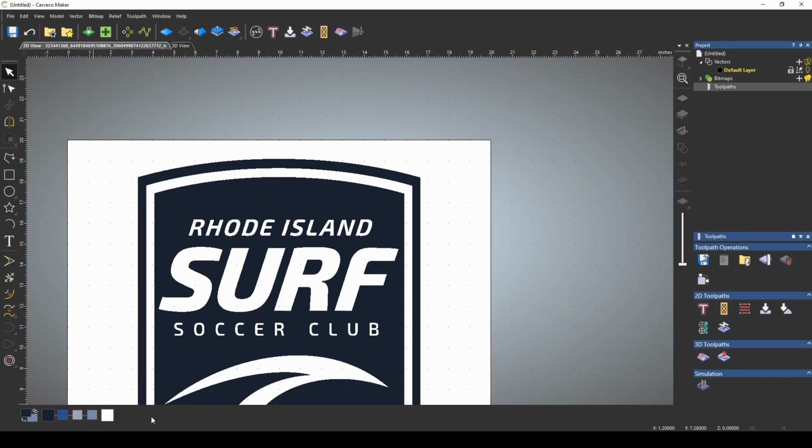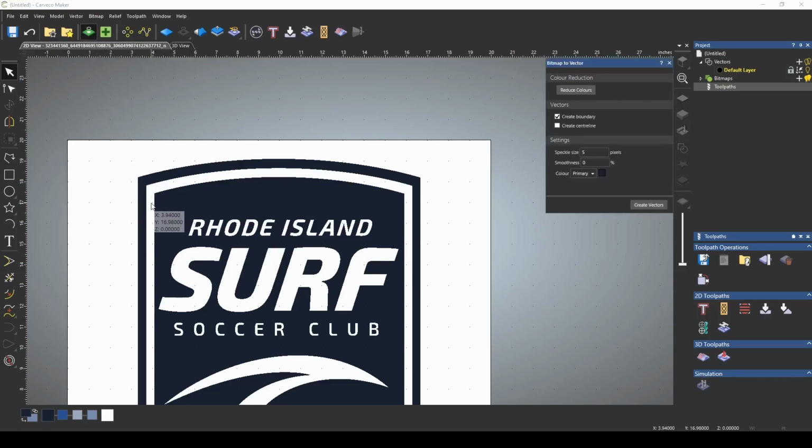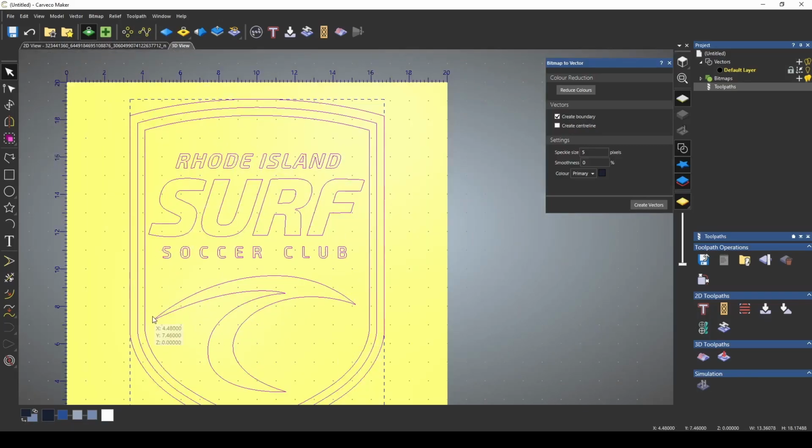You can actually do this back when you had 455 colors and break this picture down manually. The bitmap to vector tool just tries to do that automatically for you. It's a very powerful tool. When you create your vectors, right now I have it set to create the boundary line. So when I create my vectors, it creates a boundary around all of those colors. You also could have it create a center line, and you can have a tolerance in pixels. You can have it try to close the loop vectors. And we'll go back. Let's undo this.